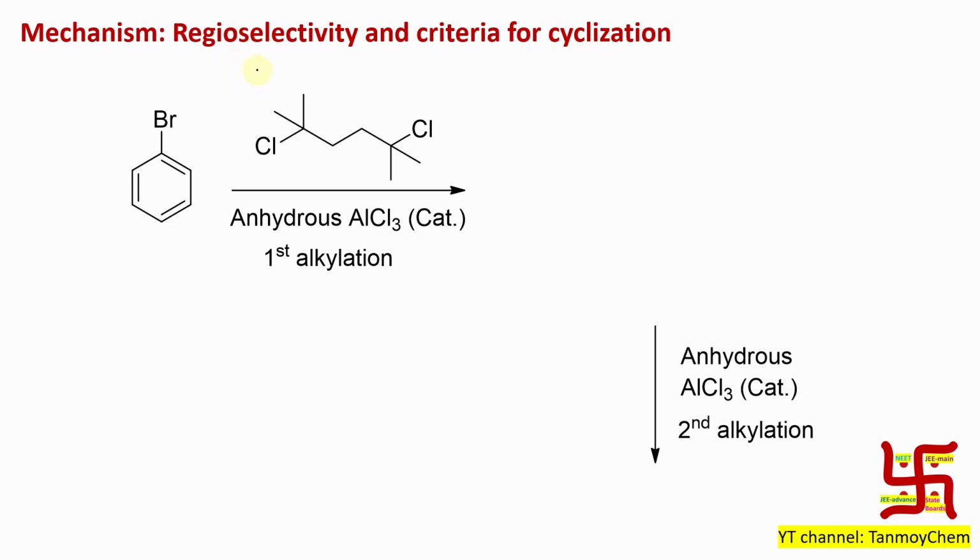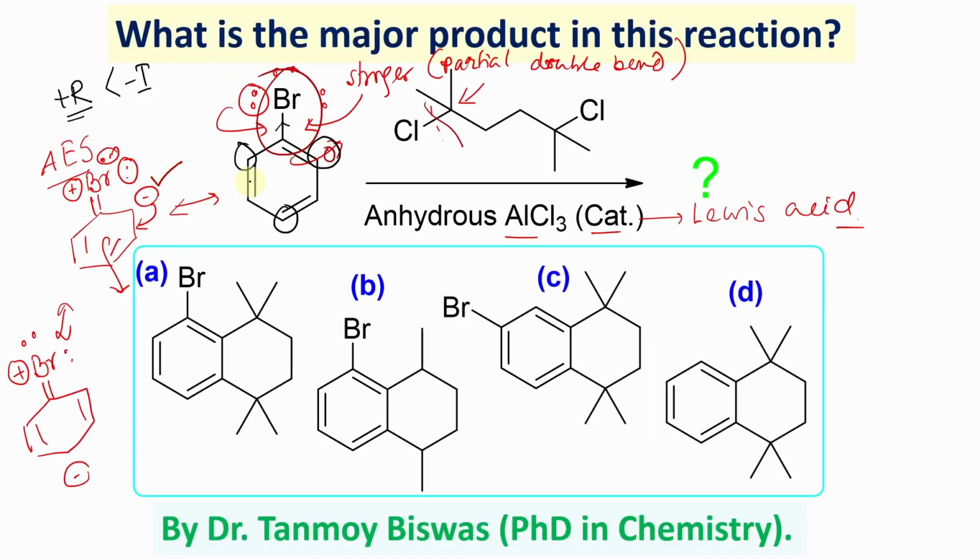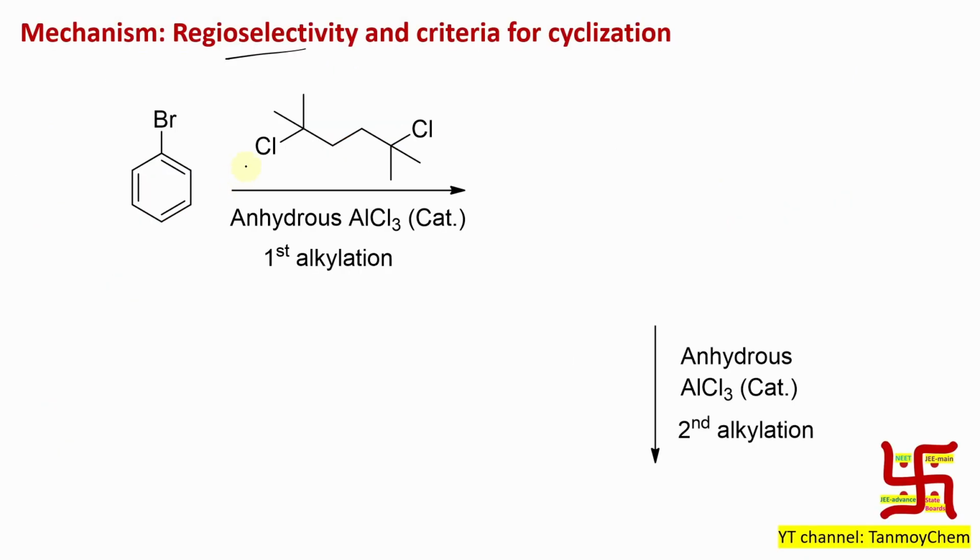Actually this problem is based on the regioselectivity and obviously criteria for cyclization. So regioselectivity means position of reactivity, where the reaction will take place. From the previous discussion you can understand this bromobenzene can react with either ortho or para position for aromatic electrophilic substitution, but here in this case where the reaction will take place, that question could be answered from one basic